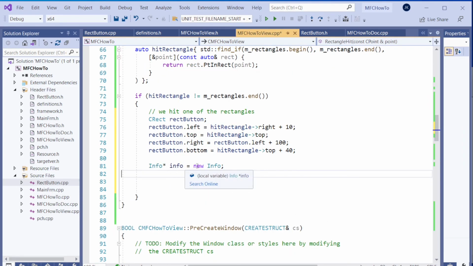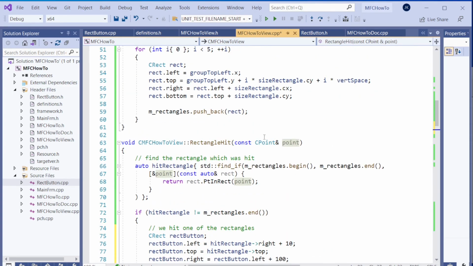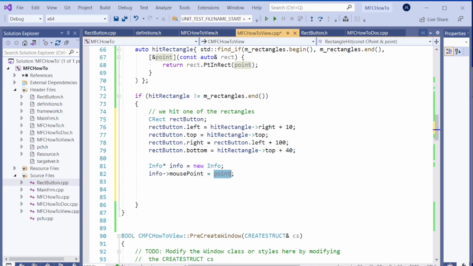I'm just gonna use the old new method here. We are allocating memory for the information, and the first value we need to fill up is the mouse position in the information. The mouse point will simply be the left button down point, and then the text will be,